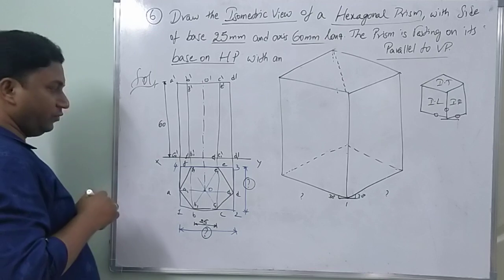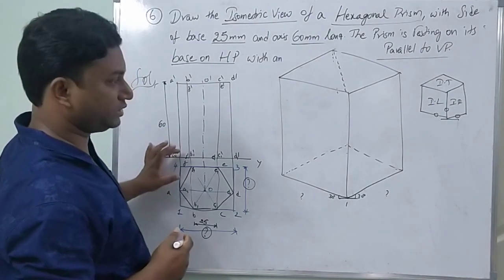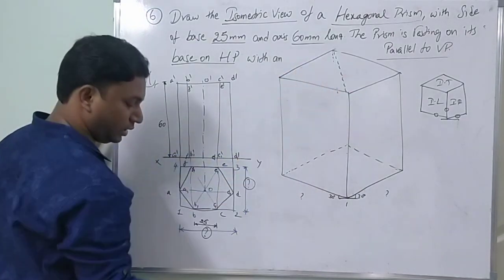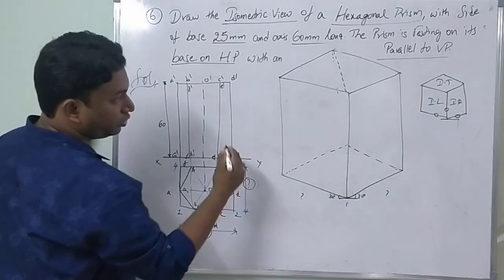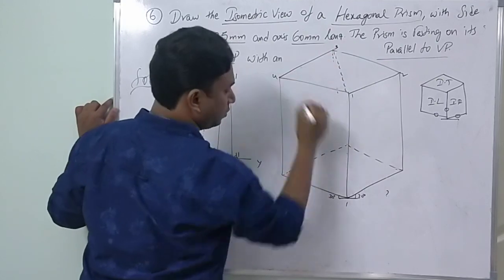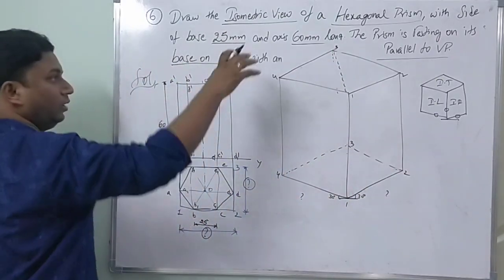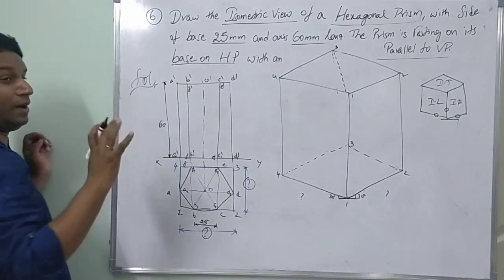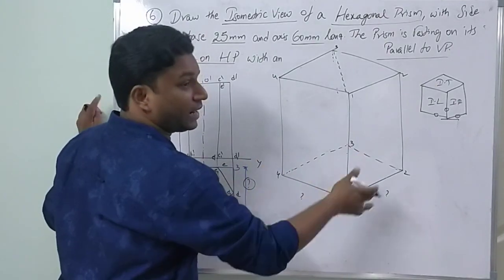Now here we are supposed to draw the top hexagon and bottom hexagon. How to draw this? This is the iso top view which you got here. From this, try to mark points 1, 2, 3, 4 in the box. Here 1, 2, 3, 4. The top view of the hexagon will be completely visible, thick visible. But here it will be only partially visible.